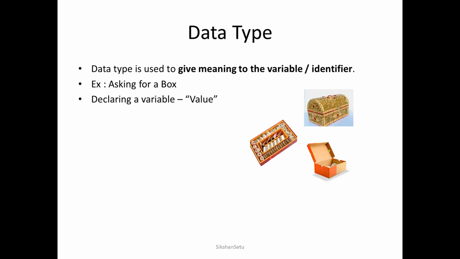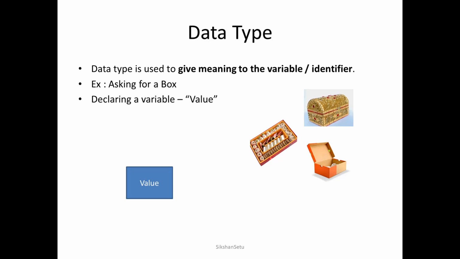In this manner, if we consider it technically, whenever we declare a variable, suppose I am declaring a variable named value. When I declare a variable, one memory will be created, and that particular memory can be named value because the name of that variable is value. So this is named value, but it is not specified what this particular variable contains.